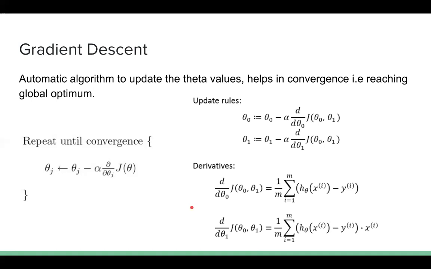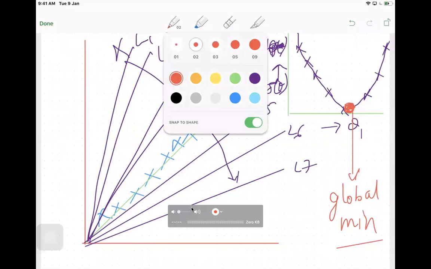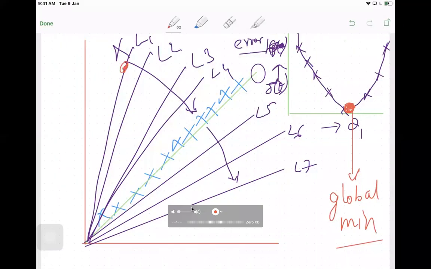So till now, what we were doing is trying to change the theta values, I mean the slope values. In our example here, initially this is the line that we had chosen. We tried to change the slope, and this is the line that we got. We changed the slope again, and this is the line we got, and so on. So we are continuously changing the slope value and seeing which line actually gives the best mean squared error.